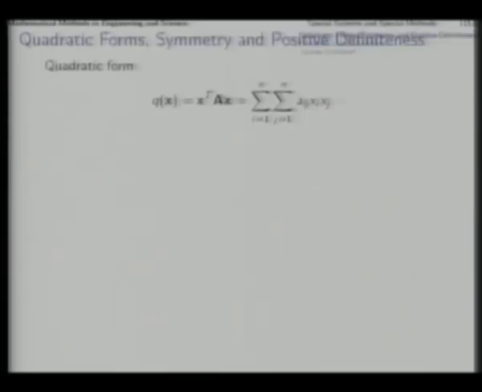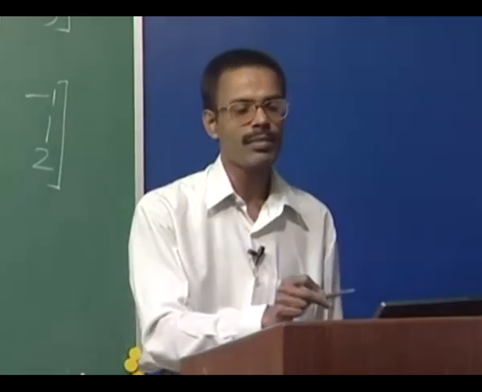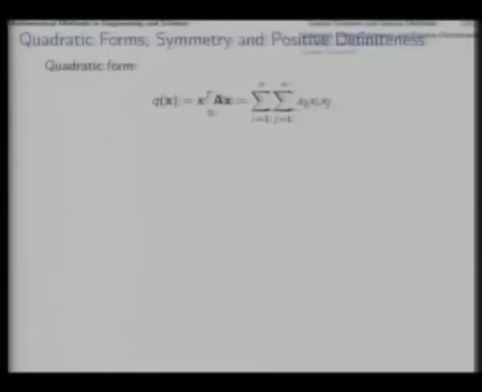Before introducing a particular special situation, we quickly see a few definitions. A function of this form, a quadratic function of x1, x2, x3, x4 up to xn, in which only quadratic terms are there, no constant term, no linear term, is called a quadratic form, which can be shown as x transpose Ax, which is this in the summation notation. Now, this kind of a quadratic form is typically defined with respect to a symmetric matrix A,